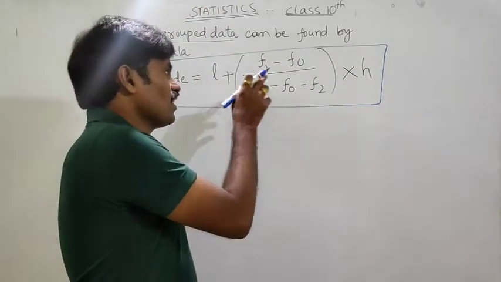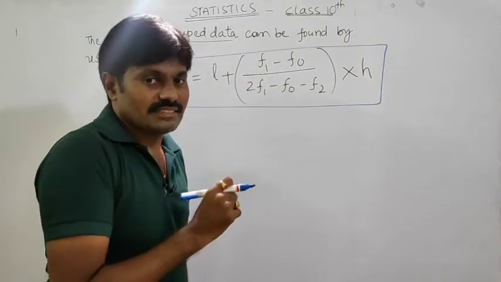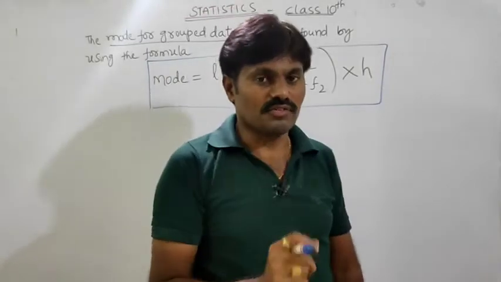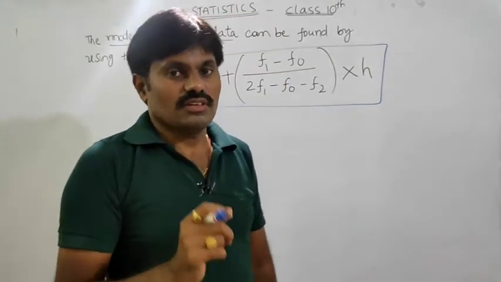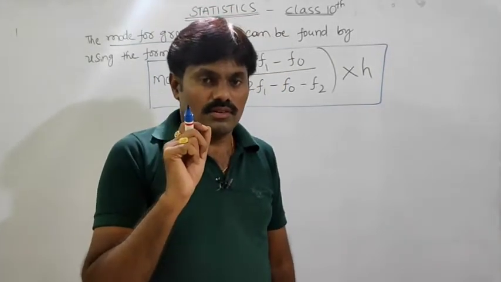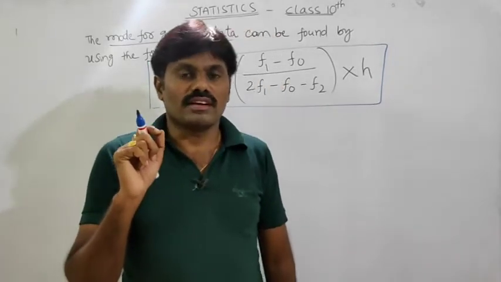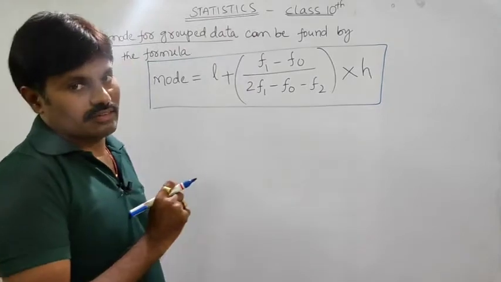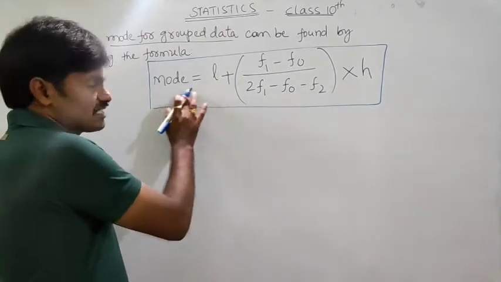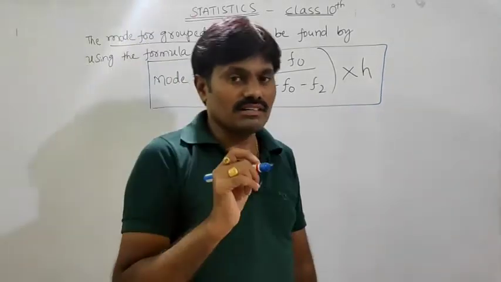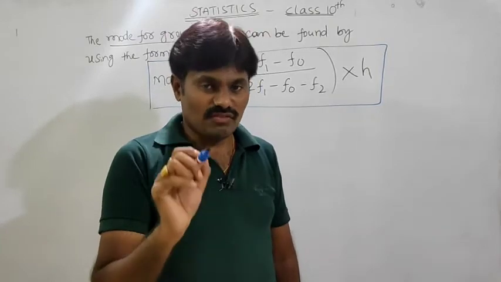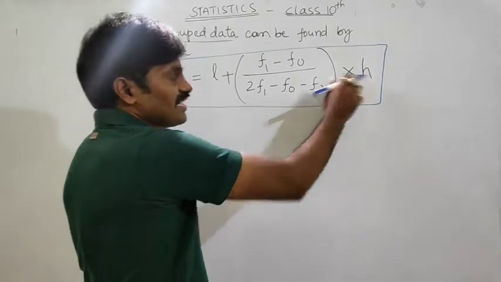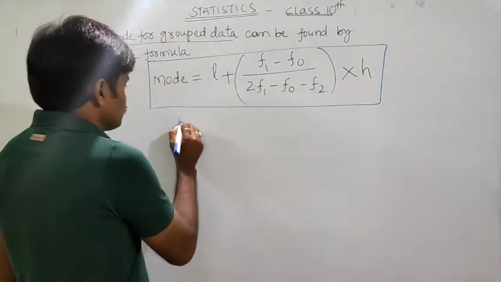Now what are L, F0, F1, F2 and H? This is the most selected question from the exam point of view. They will ask us to write the formula to find the mode for grouped data and explain the letters in this formula. So this is the mode formula: L plus (F1 minus F0) by (2F1 minus F0 minus F2), into H, where